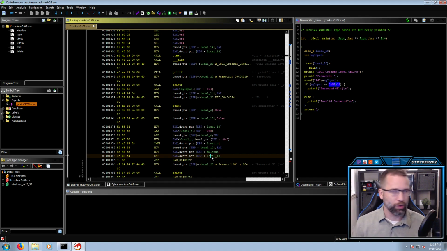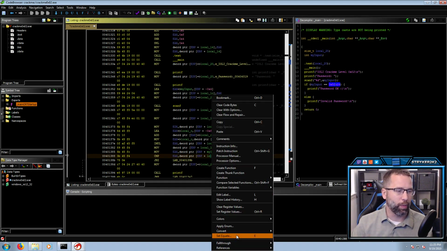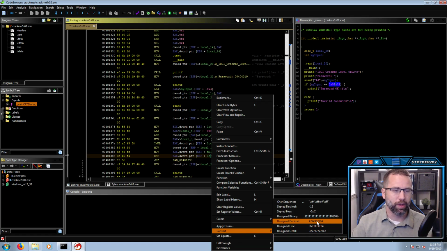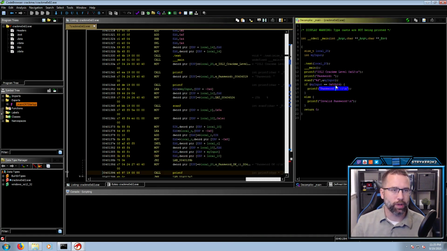It does not show up as an unsigned decimal. What it is doing here is pointing to where it is on the stack, so we cannot as easily translate it into that decimal that we did where we right clicked last time and went to convert and did decimal. Look at the unsigned decimal on this one, it just doesn't work. But what we can do is hover over it and look at what the decimal character would be. So let's hover over and we got